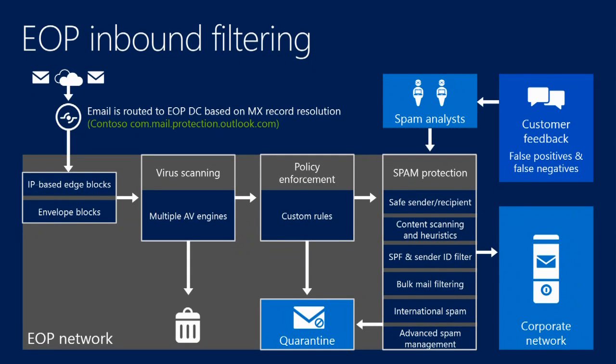So we can do that based on your MX record and where we then route that traffic. Once the mail comes into the service, we look at the IP-based edge blocking. And again, we've obviously got our lists there, but also the control that you can put in as part of your policies. Then we look at the envelope blocks, in other words, the SMTP verbs, and look at what's going on there. And if we're happy that we don't need to drop that connection, we will accept it into the